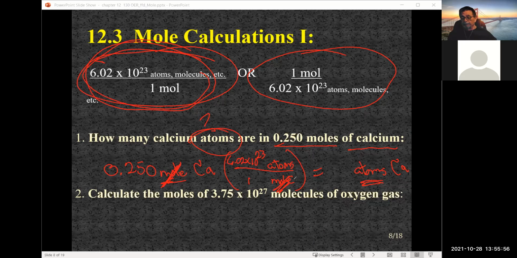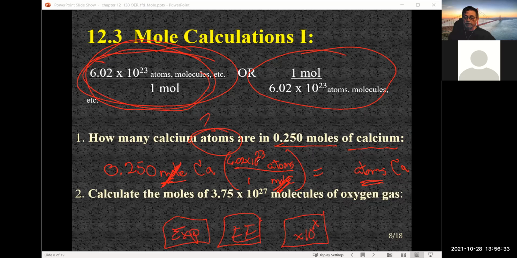Refresh your memory how to type in scientific notation. You're using either the EXP button or the double E button, or there's a button that is X, then 10 to the X button. Okay, remember we did all that way back then. Go back and refresh your memory which one of these belongs to you. It could be a primary button or it could be a secondary button, depending on your calculator. All right, so I take 0.250 times